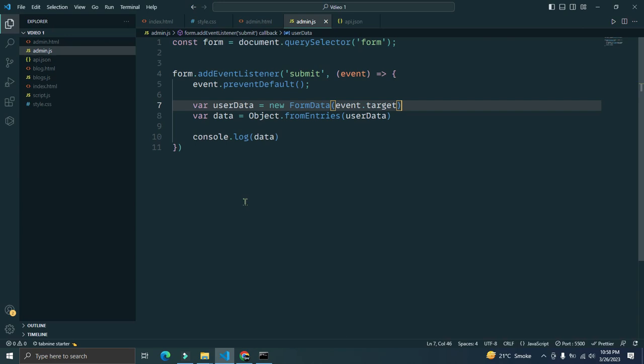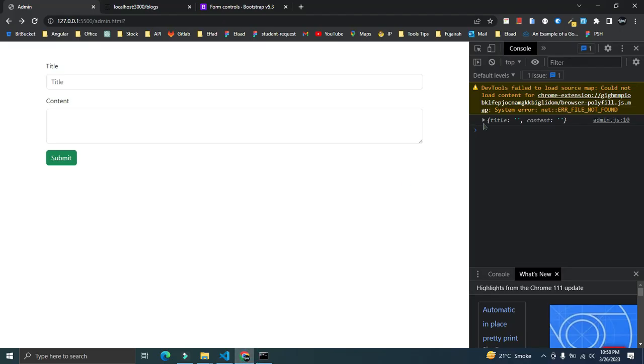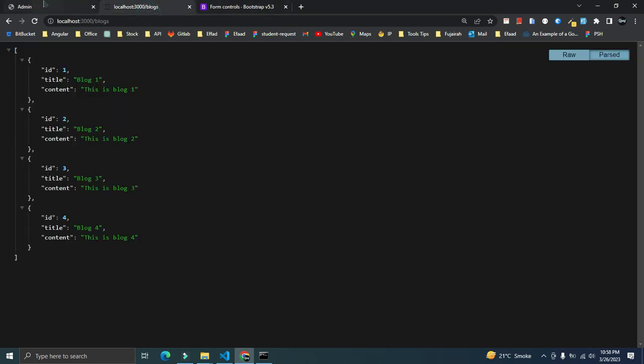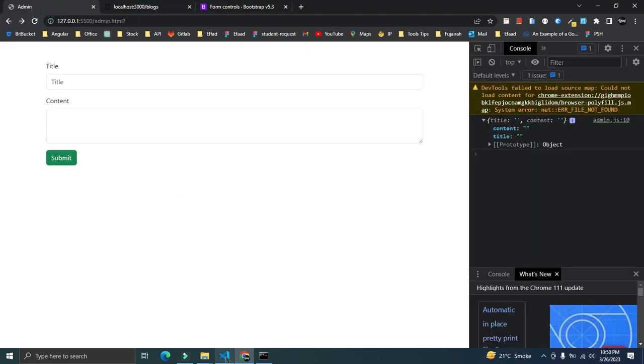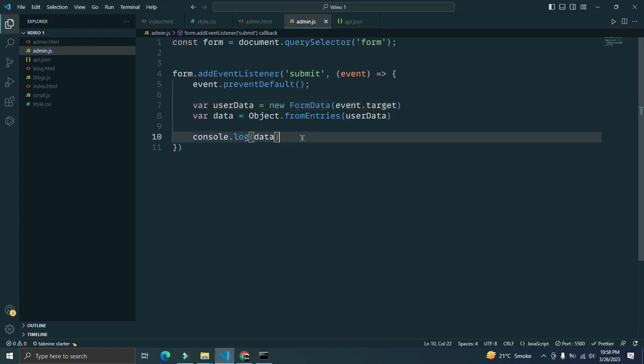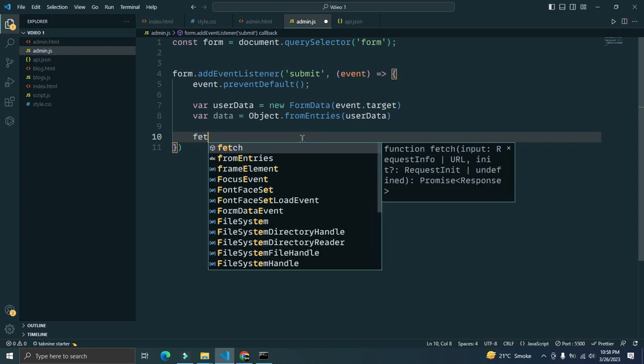So from the prototype I'm making a simple object, and that object is the same data I'm getting up here, the content and the title. This content and title will be posted from here to this. How will I do that? Let's just see. It's very easy. We can write a post request here by using the